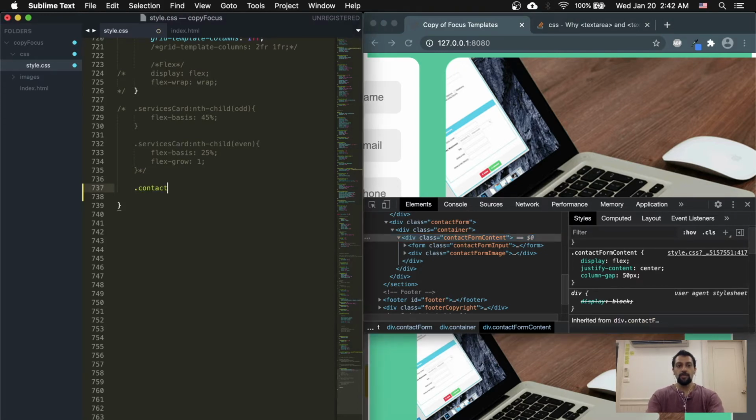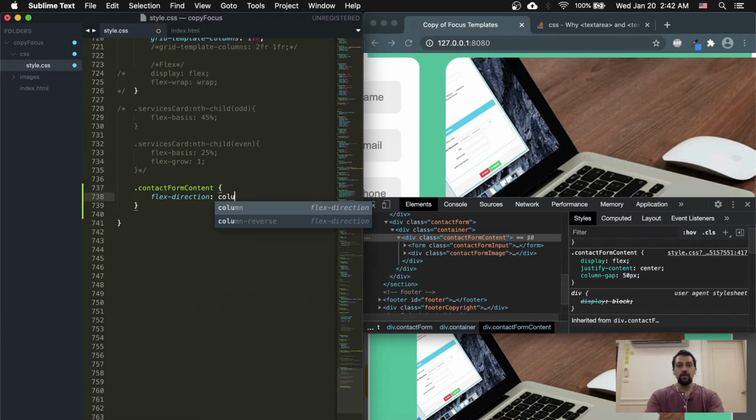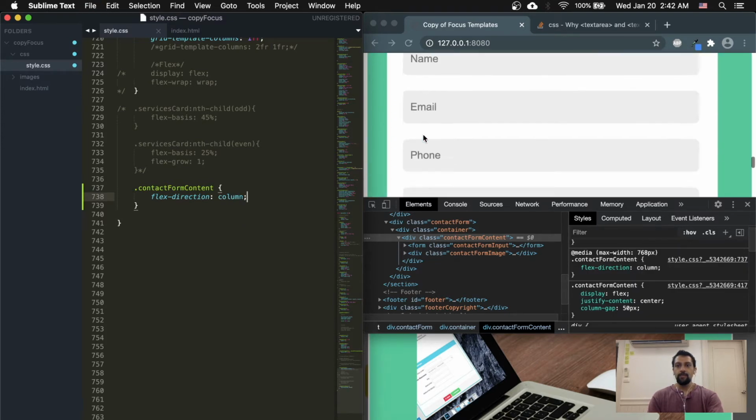So contact form content แค่จะเพิ่ม flex direction column and เปลี่ยนไปแล้วครับ